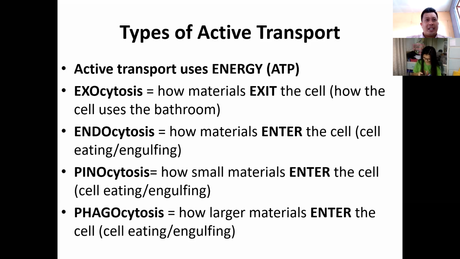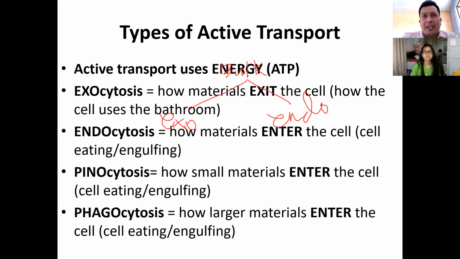Endocytosis is differentiated into two. For example, if we're going to draw it, it's like a tree diagram, class. The bulk transport is divided into two. We have the exocytosis and we have the endocytosis. Under endocytosis, it's still subdivided as pinocytosis and phagocytosis.